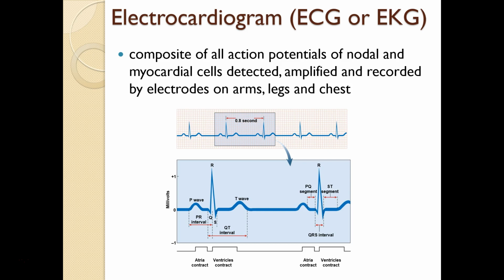So this first hump is called the P wave. And then the spike in the center is called the QRS complex. And then the last hump is the T wave. Okay, so you should be able to identify those in a picture. And not only that, you should be able to tell me what's happening with the heart during each of those periods. And that information is here.